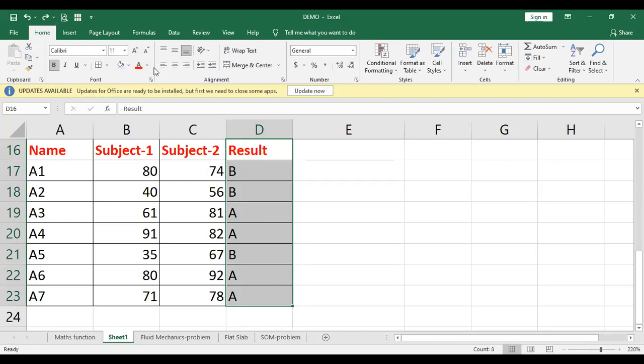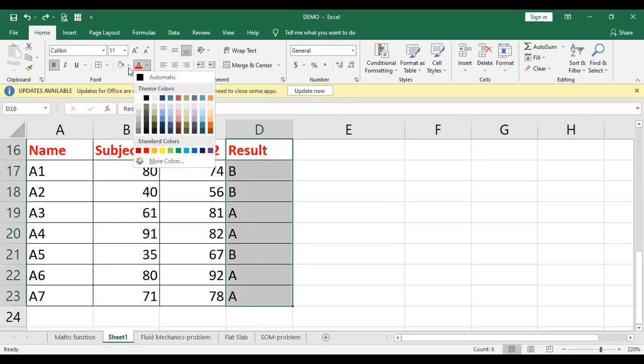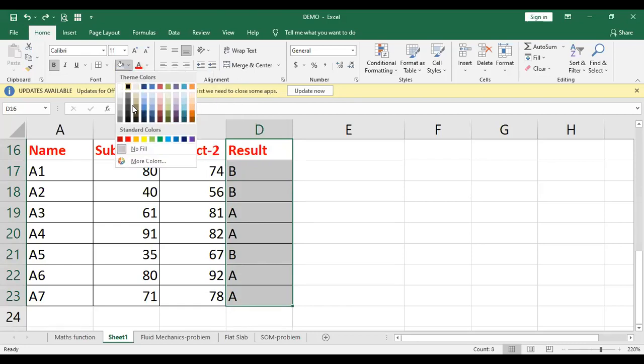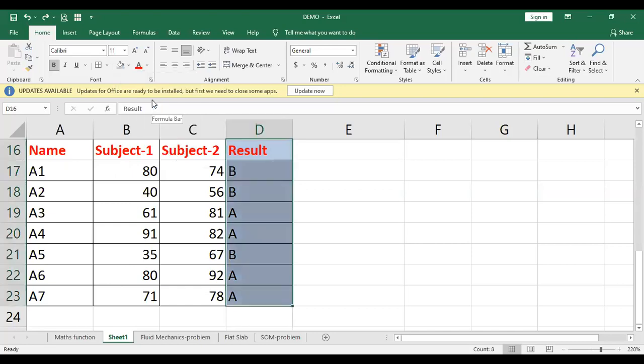Once you select it, now go here. You can change the color of the font or you can change the theme color as this one. You can even go for the alignment as well. You can click here, middle align or left align.